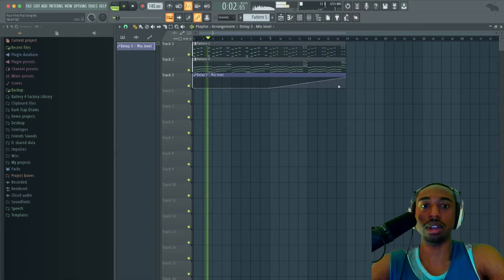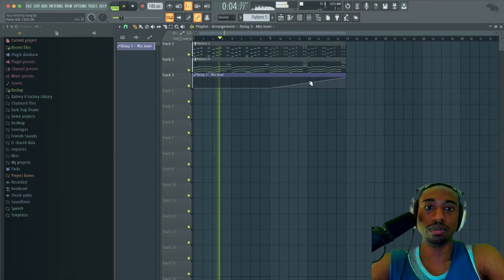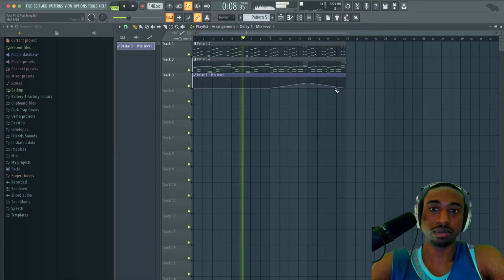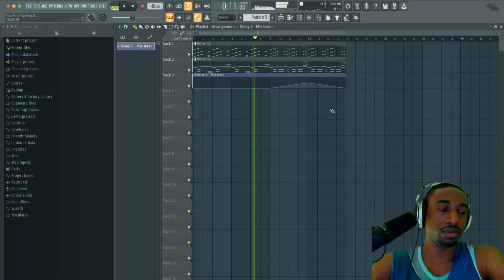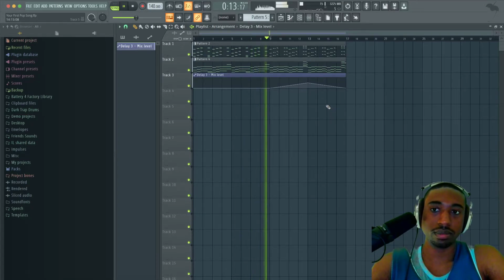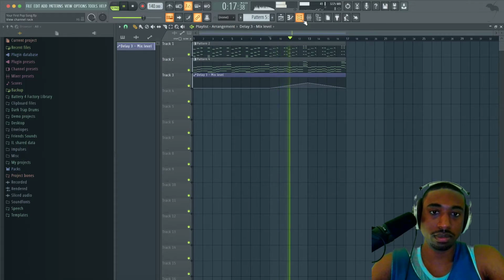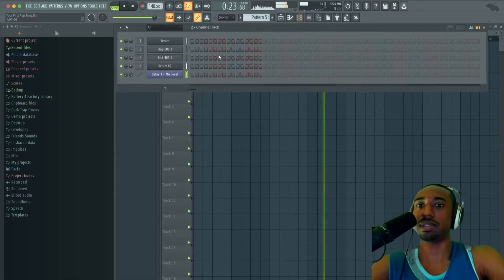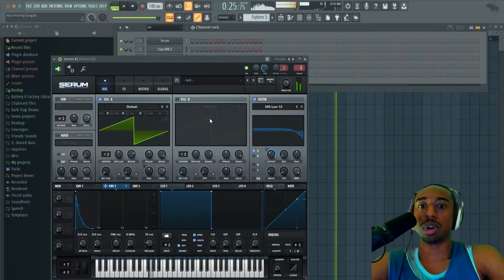Kind of like it halfway. Nasty phaser chorusy sound. So I'm going to work on this sound a little bit.